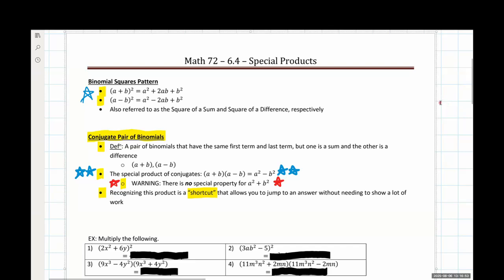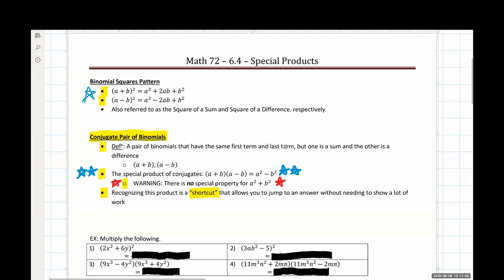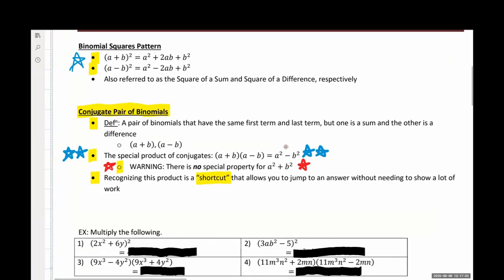The main one that I do recommend that we have memorized is this one right down here. This very special product is one that you want to have memorized and have nailed down. This shows up quite a bit in our next class when we are working with factoring and allows us to reverse doing the distributive property. We can use this as a really handy shortcut to save a ton of time there.